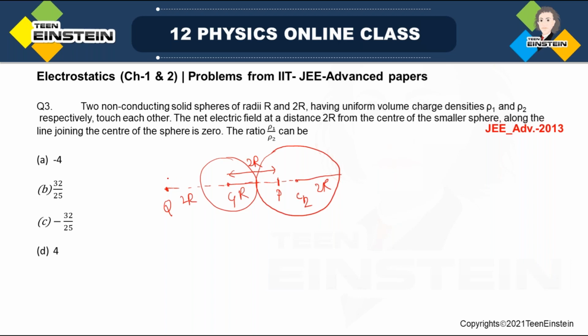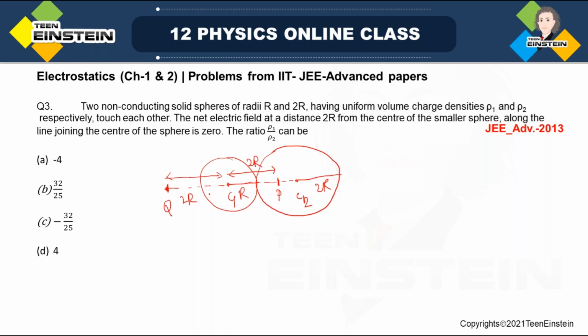Okay, this is one possible point, and another possible point is this one. So at these two points, if the net electric field is 0, then which among these four options are correct? I hope you have understood the